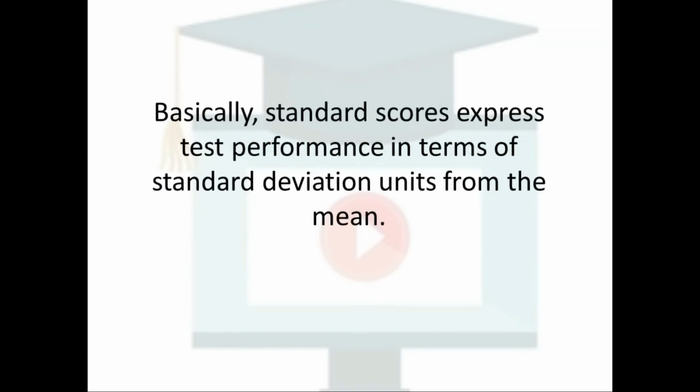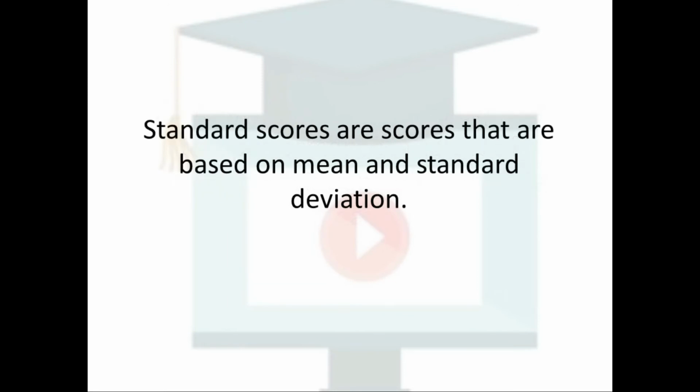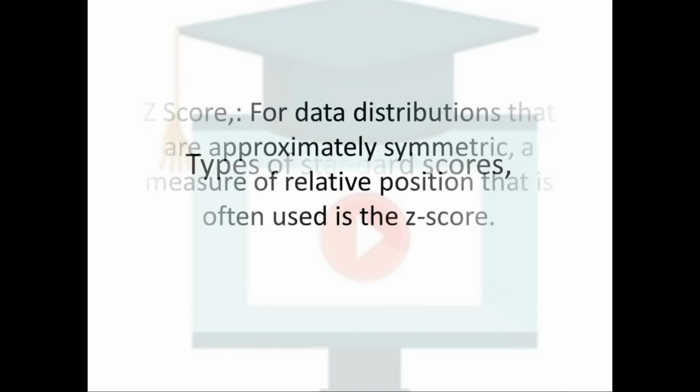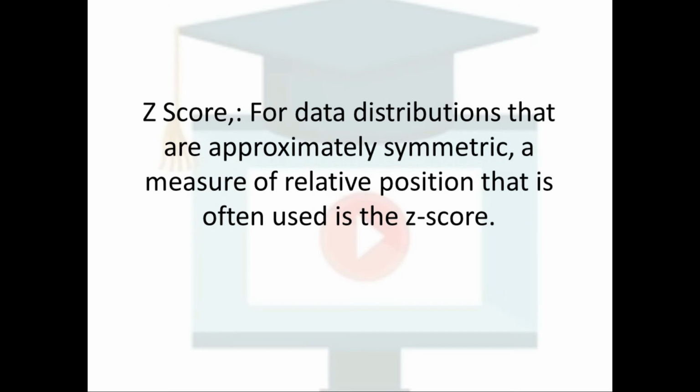Basically, standard scores express test performance in terms of standard deviation units from the mean. Standard scores are scores that are based on mean and standard deviation. Types of standard scores. Z-score, for data distributions that are approximately symmetric, a measure of relative position that is often